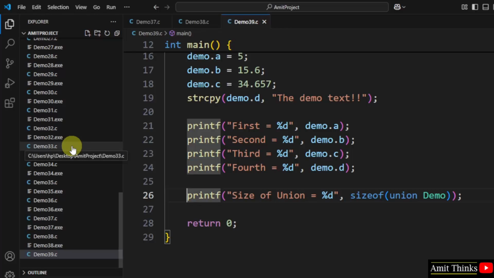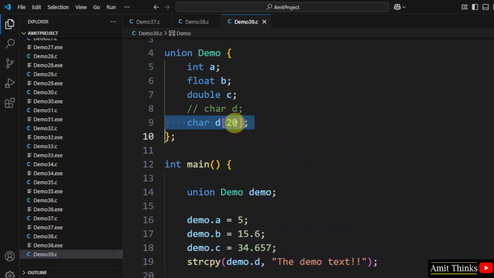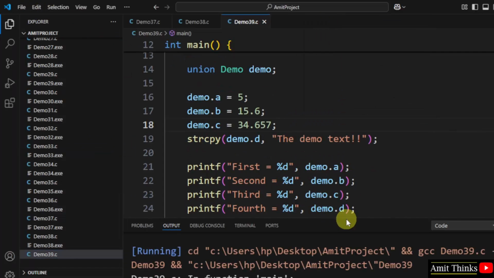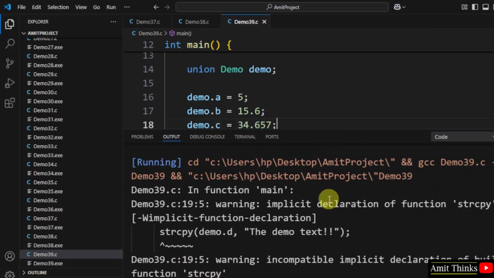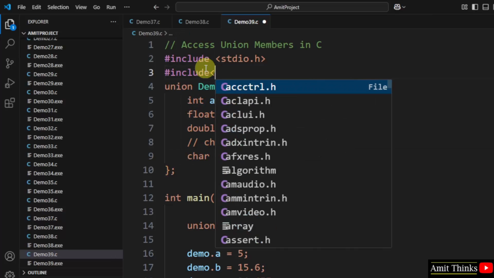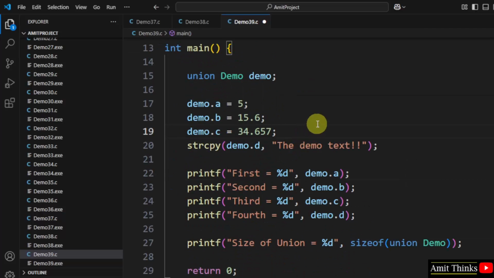The largest member of the union here is char D20. Therefore the bytes of memory get allocated and size 24 will be visible for the largest D variable, the following variable. Okay, that is here, the following variable. Right click, run. Okay, we have used strcpy, therefore string.h. And also add the slash and okay,